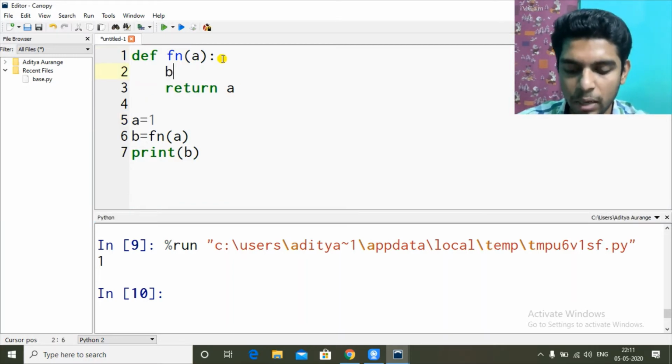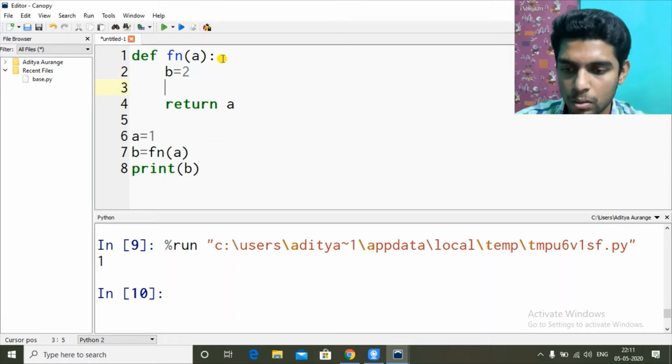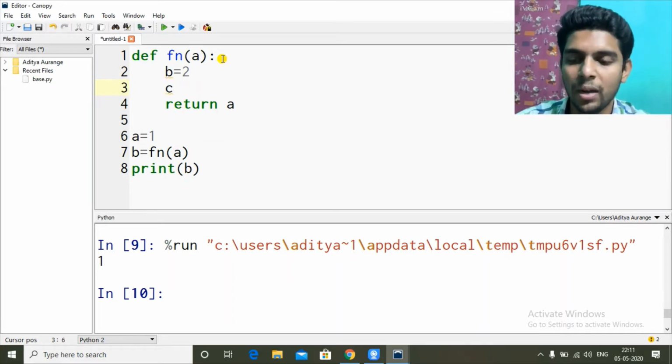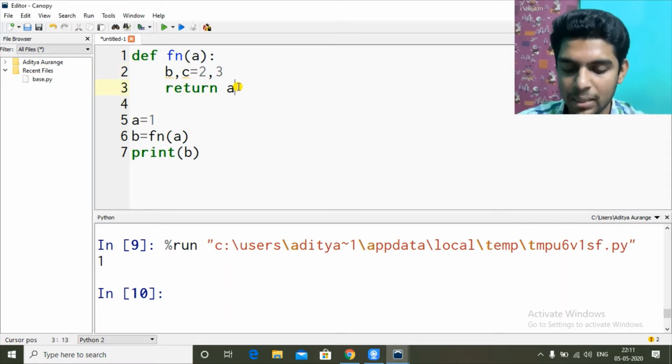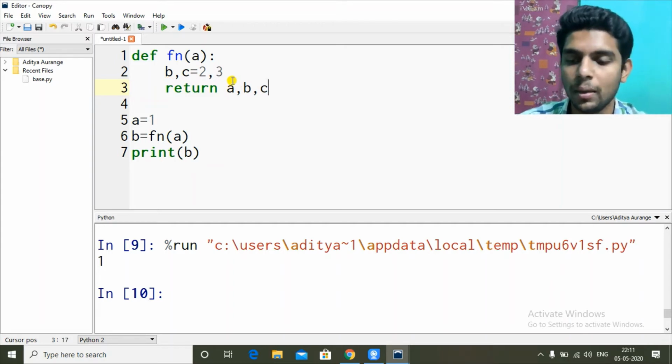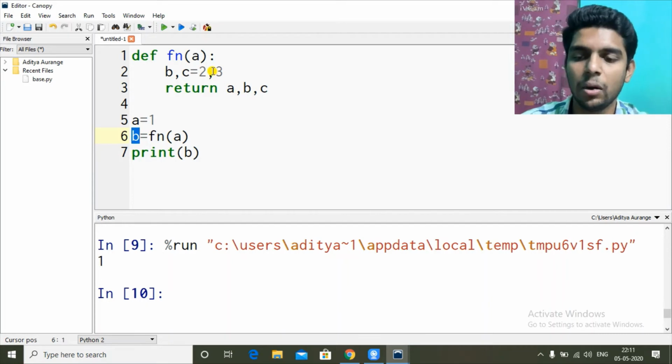Now let's create a new variable b equal to 2, c equal to 3. We can also write this as a comma b comma c equal to 1 comma 2 comma 3, so b and c are getting created with respective values 2 and 3. Now I am returning three values a, b, c. All are single element variables, each variable containing a single value only. The values are returned into this global b, so for these three values I have only one variable. Let's see how the output looks.